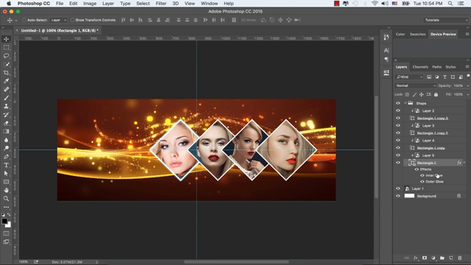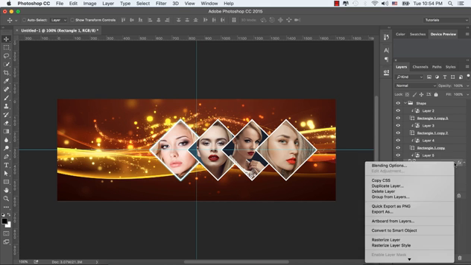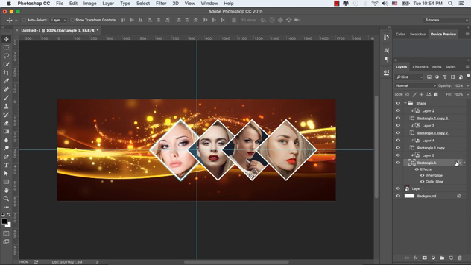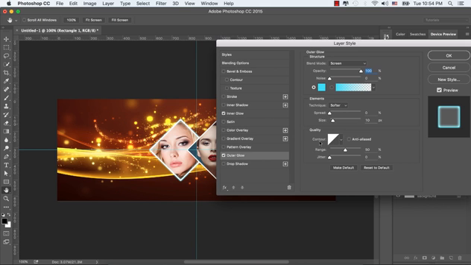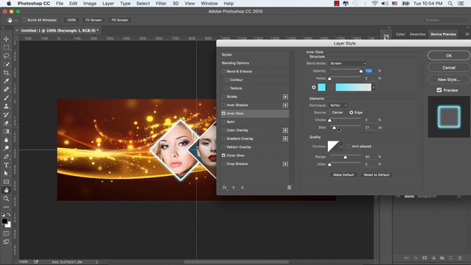And let's see how it affected the border of the image on the left one. So we now have the inner glow and outer glow. Let's increase the size of the outer glow to 18, and the inner glow size to 18 as well.